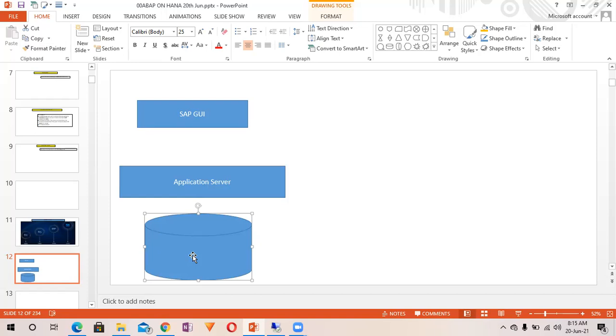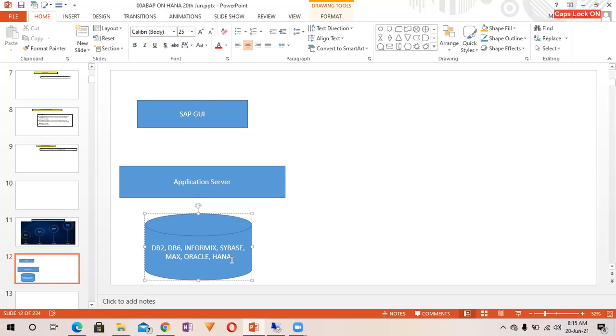This database can be any database. For example, it can be DB2, DB6, Informix, Sybase, Max, Oracle, any database.